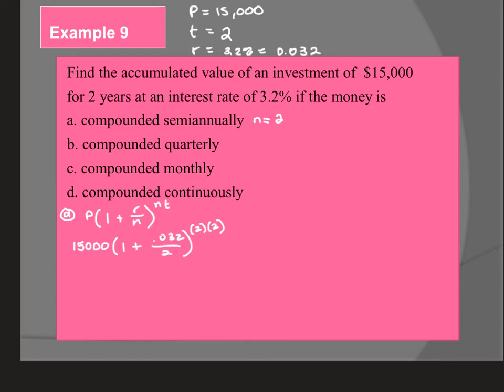Now, if you have a graphing calculator, you can let that do all the work for you. You type in 15,000, open the parentheses, 1 plus, open the parentheses again, 0.032 divided by 2, close the parentheses, hit the caret, and then 2 times 2, which is 4, or you could type it in as 2 times 2 as long as they both stay in the exponent. Two times 2, or 4, and I get